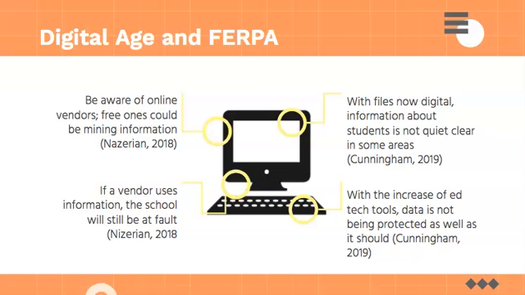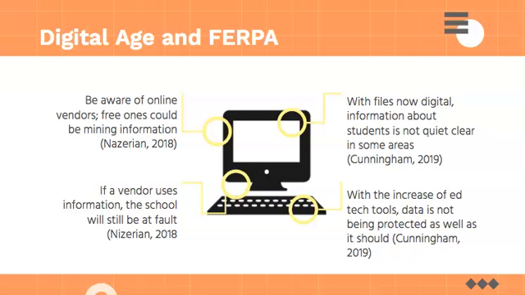Okay, digital age and FERPA. Because everything is beginning to be online, so all the files, it's not in file folders anymore, everything's online because it saves space, it saves time, it saves paper. So with files that are now digital, sometimes the information with students dealing with FERPA is not clear, because FERPA defines most of these for paper pencil sort of situations, and they haven't really gotten to the point of having everything online. So that is something FERPA is working on, is getting all of their laws to where everything is